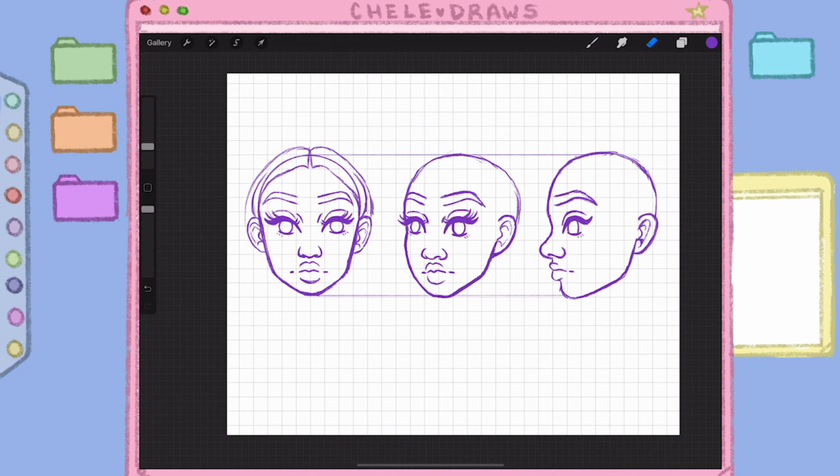I made sure to put an emphasis on the side of the ear more. If you guys could tell, it's a little thicker, and then shorten everything a little bit more on the side view. But that's basically it. I know it's hard to draw faces, but